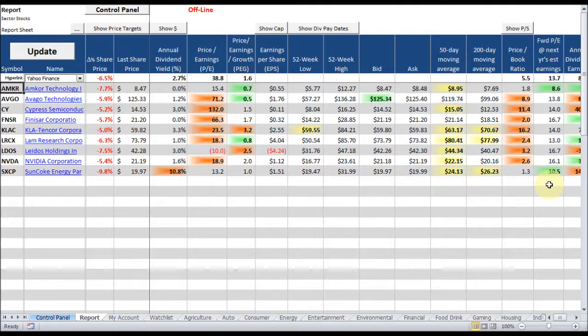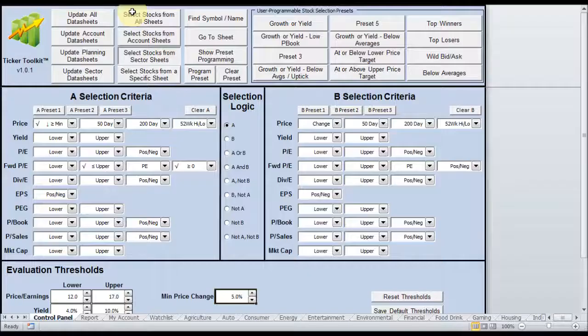If we want to refine our search to select high-growth stocks with a low PEG ratio, we can return to the Ticker Toolkit control panel to adjust our search criteria and try the search again. Before we make any changes, we'll save the current search to a temporary search preset button in case we want to undo our changes. Now set the PEG selection criterion to select stocks whose PEG ratio is below our lower